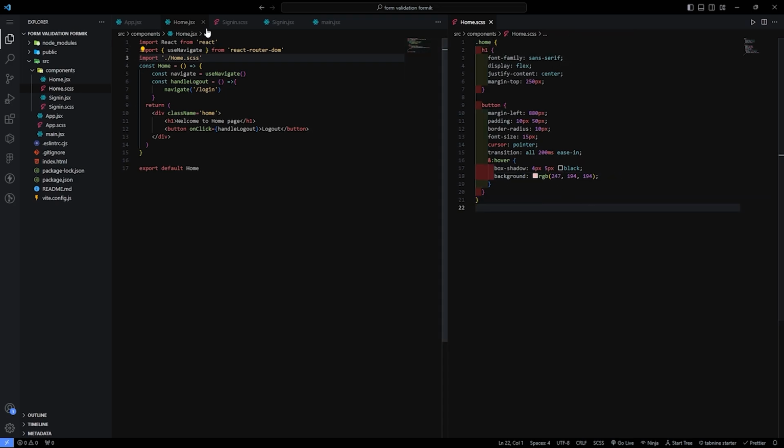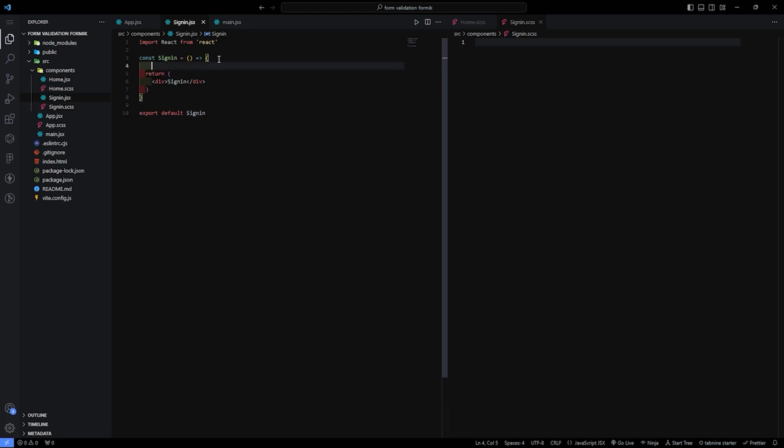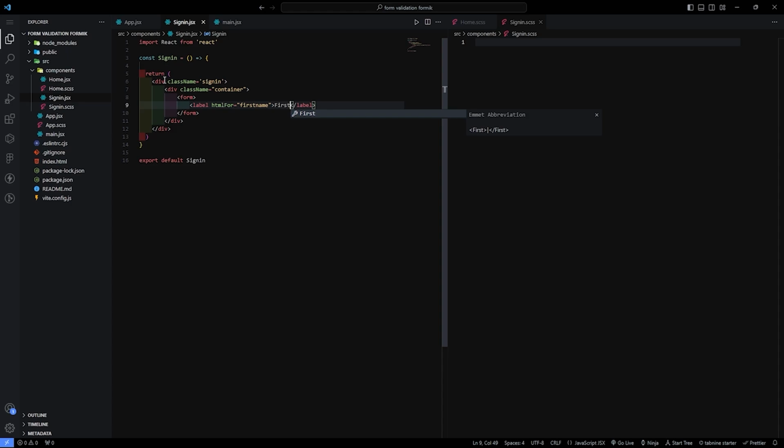Now it's time to move on to the sign in. So here first create the SignIn component, give it a class name of signin, and inside this we have another div which is container, and inside this container we have form. Remove this action, and inside this form we have a label which is first name. After this we have input, name is firstName and id is also firstName, and give it a placeholder also firstName. Just copy